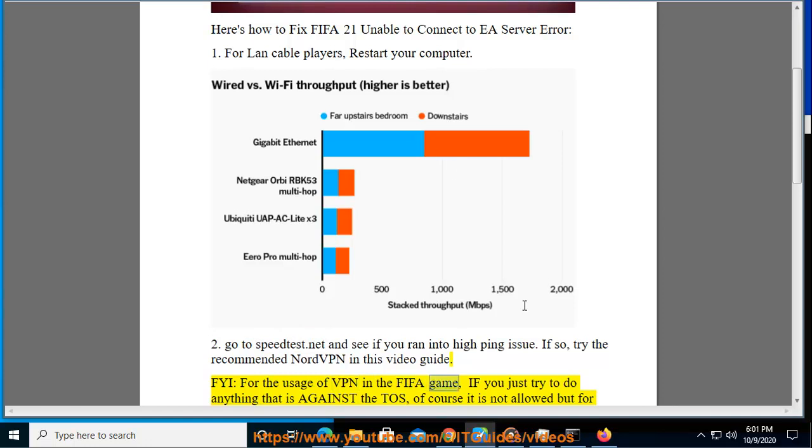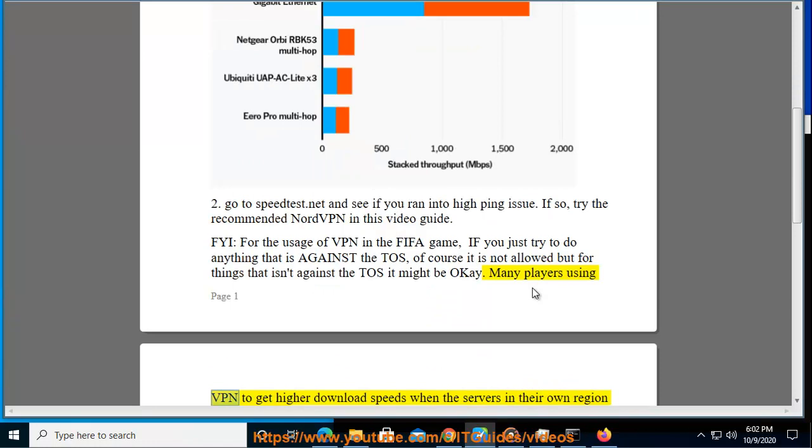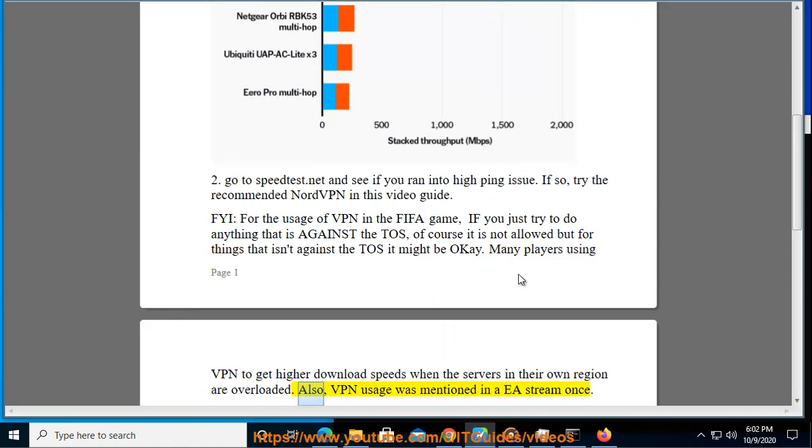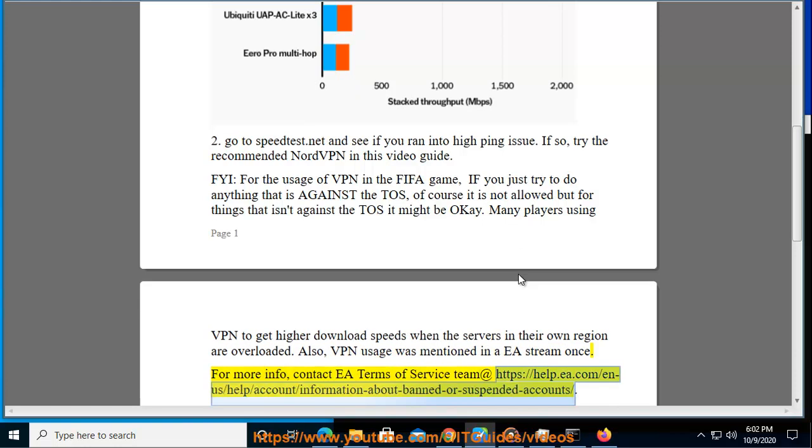A VPN in the FIFA game. If you just try to do anything that is against the TOS, of course it is not allowed, but for things that aren't against the TOS it might be okay. Many players use VPN to get higher download speeds when the servers in their own region are overloaded. Also, VPN usage was mentioned in an EA stream once. For more info, contact the EA Terms of Service team at